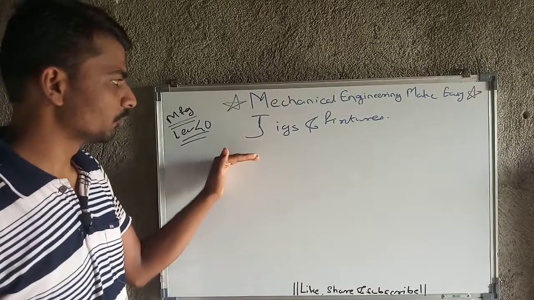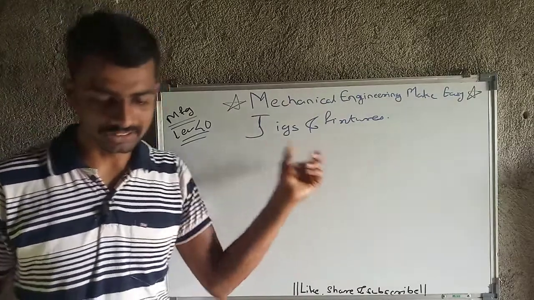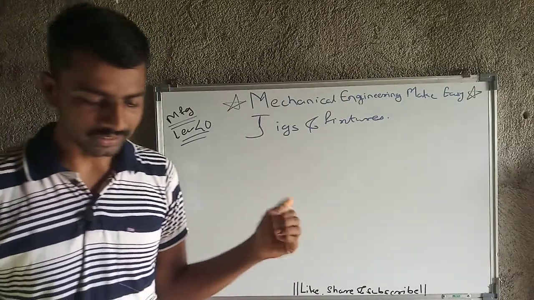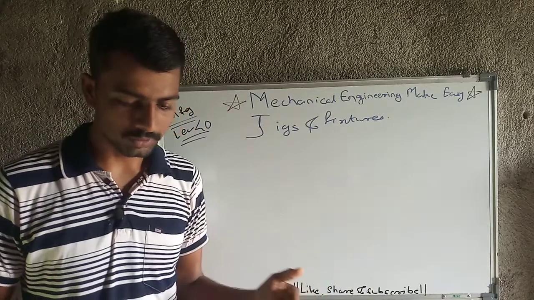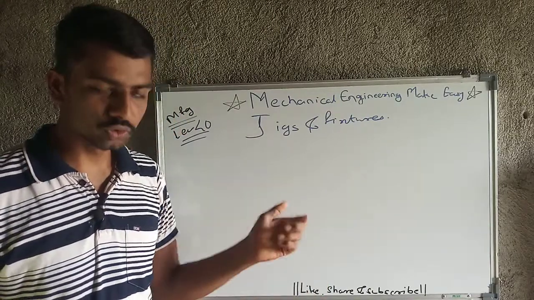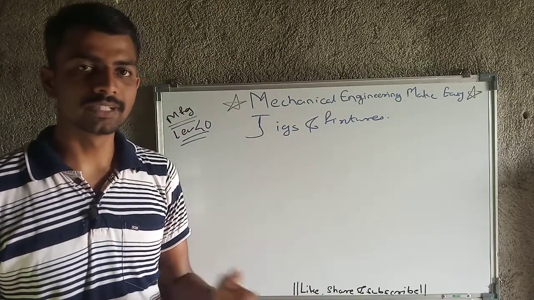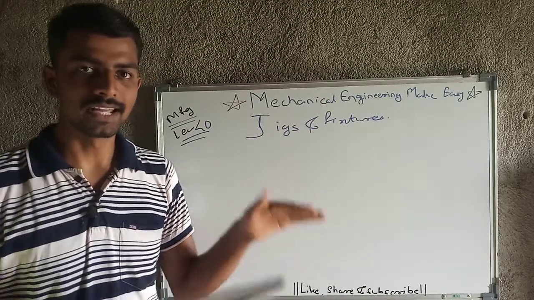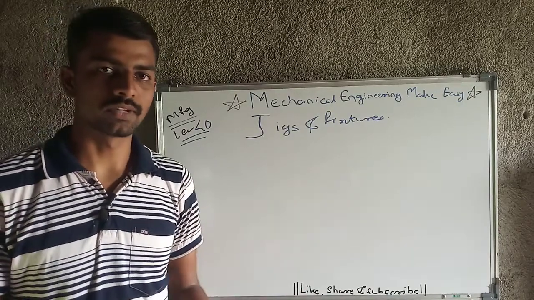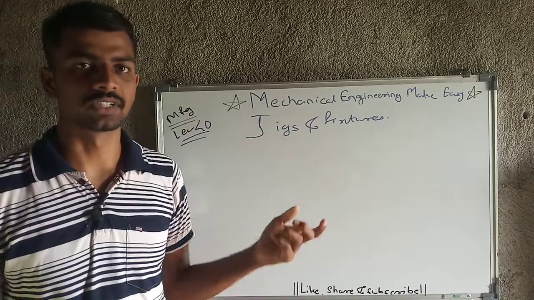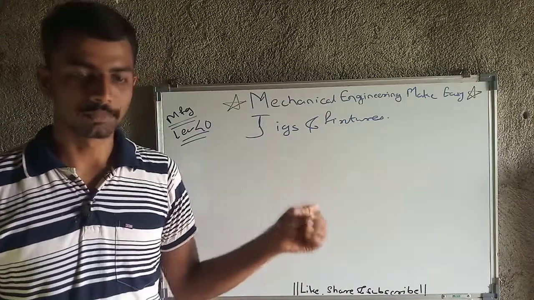So firstly we will move from the basics. What are jigs and fixtures? They are used to increase the production rate of simpler parts and reduce human effort. As we don't need to measure anything, we directly place the sheet there, and ultimately all the things will happen according to the design of jigs and fixtures. So that is a plus point.